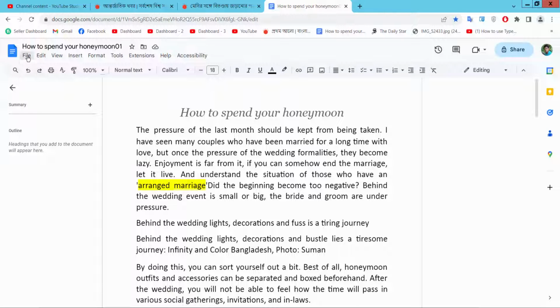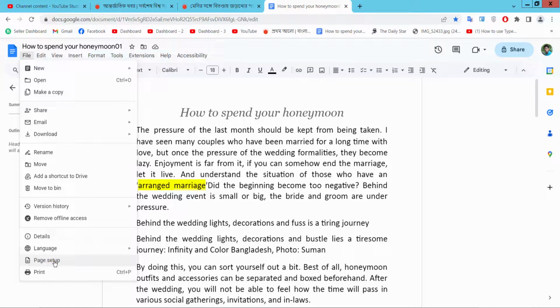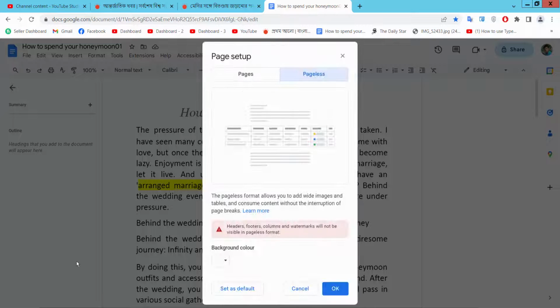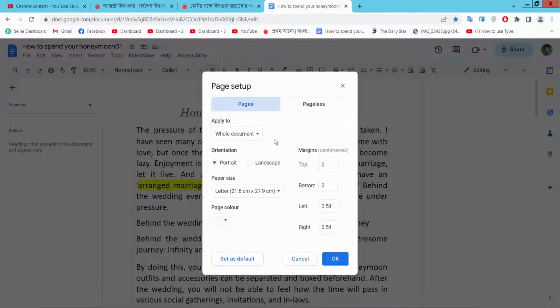Simply select this File option and select the Page setup option. And here we will find this pageless option already active. Simply select the Page option here and select here. You can select a specific section or you can select the whole document. Simply select whole document. Now select OK